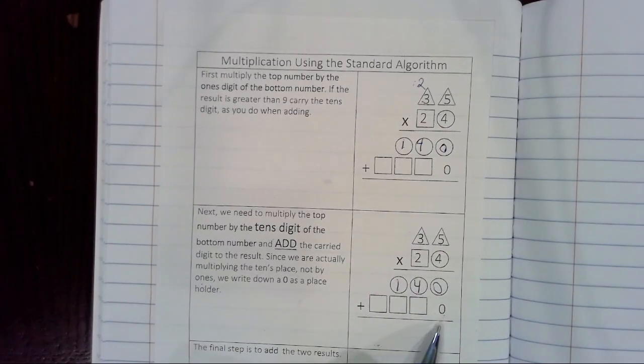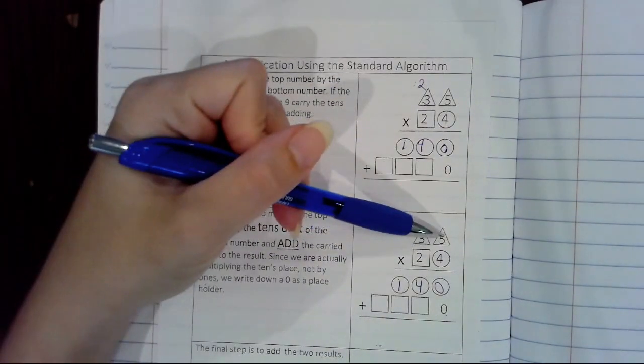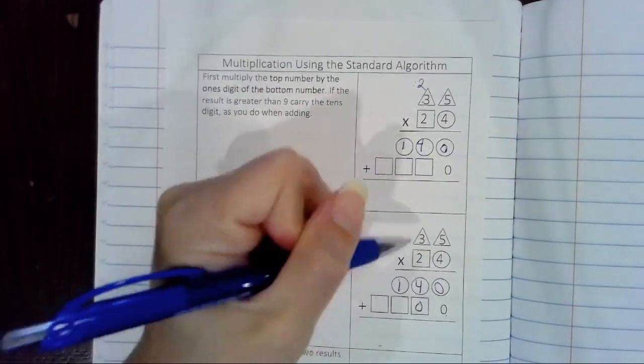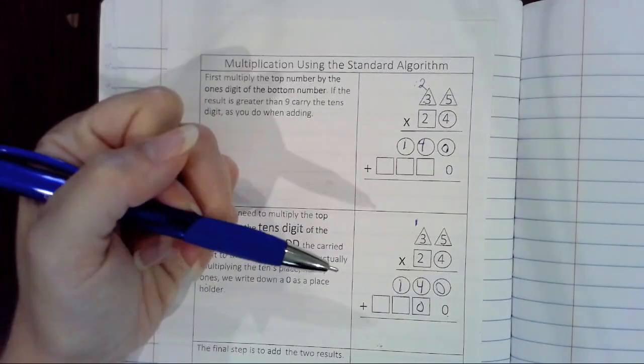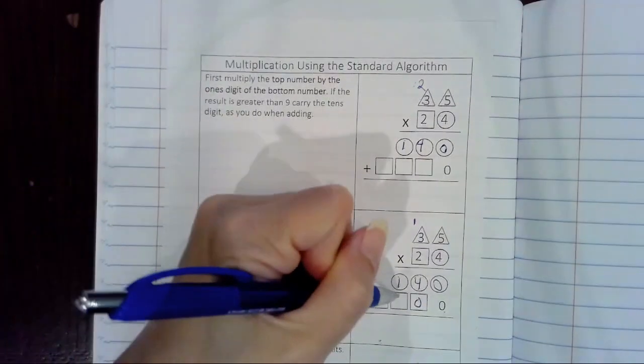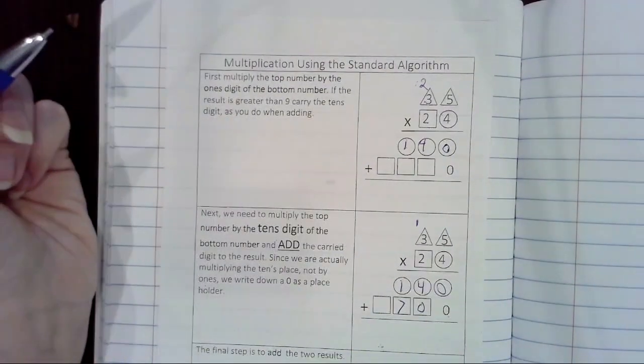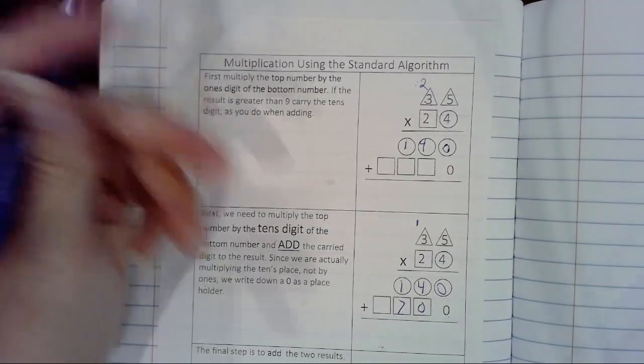Alright, so now we have 2 times 5 is 10. We put down our 0 and carry our 1. 2 times 3 is 6. Plus 1 more is 7. I didn't need that square. So now let me show you